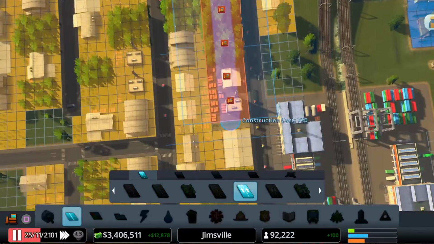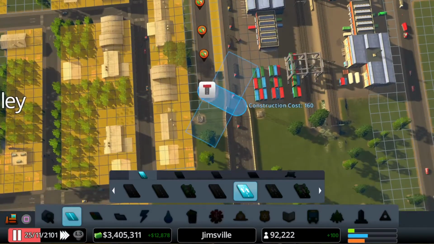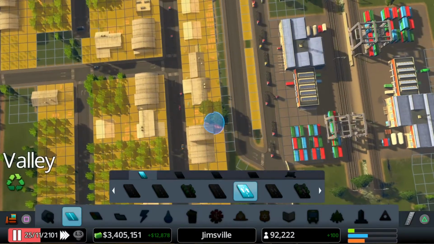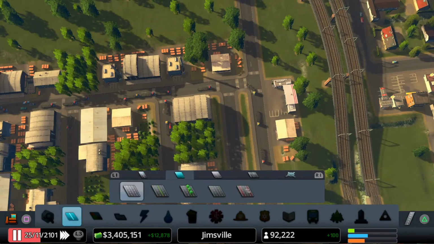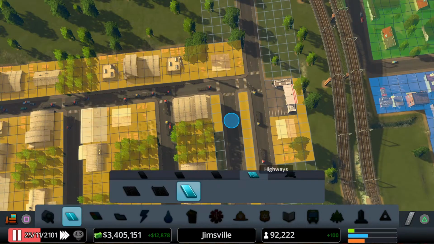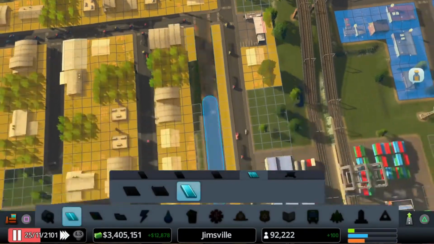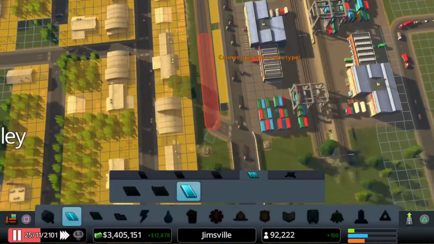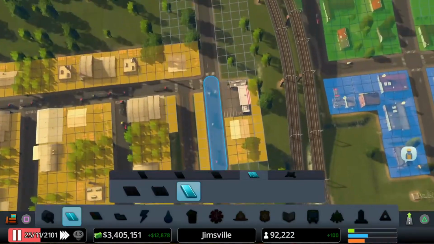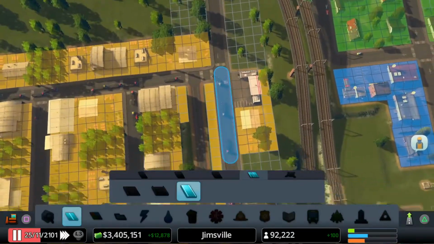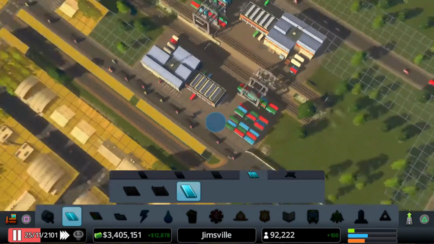It's going to run right here like that, and then join like that. And this is going to be that. So if I get to upgrade, this will be the fast exit for vehicles that don't want to use this road here. They don't need to use the station there.